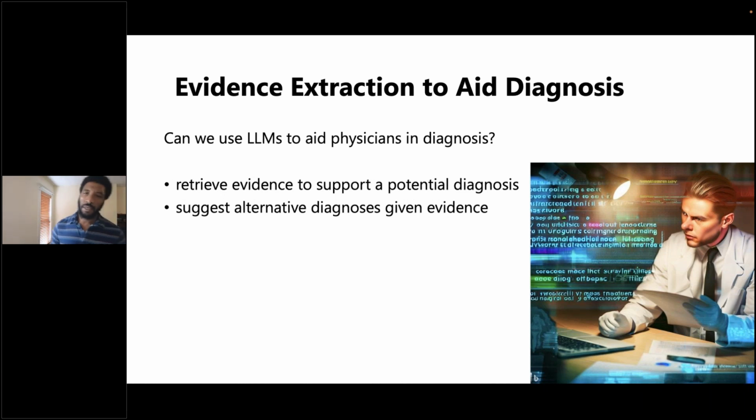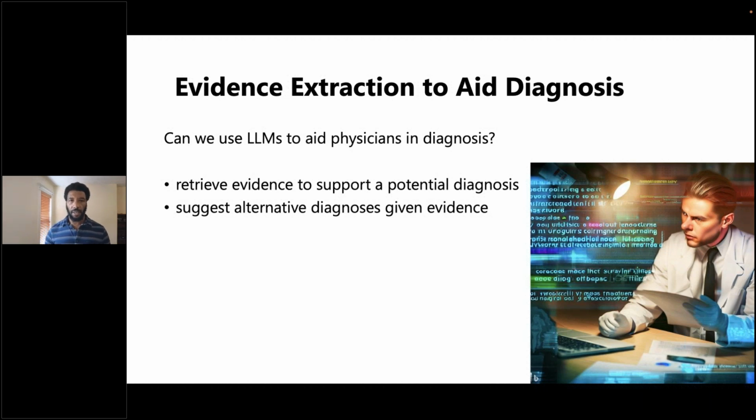And so here we would like to use these models to retrieve evidence that would support a potential diagnosis. Another related idea is whether we can use this type of model to suggest alternative diagnoses that are supported by evidence from